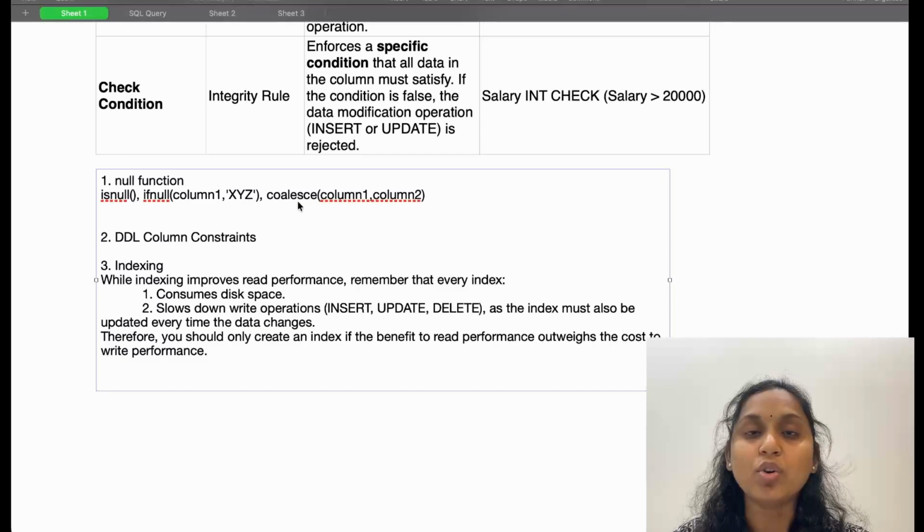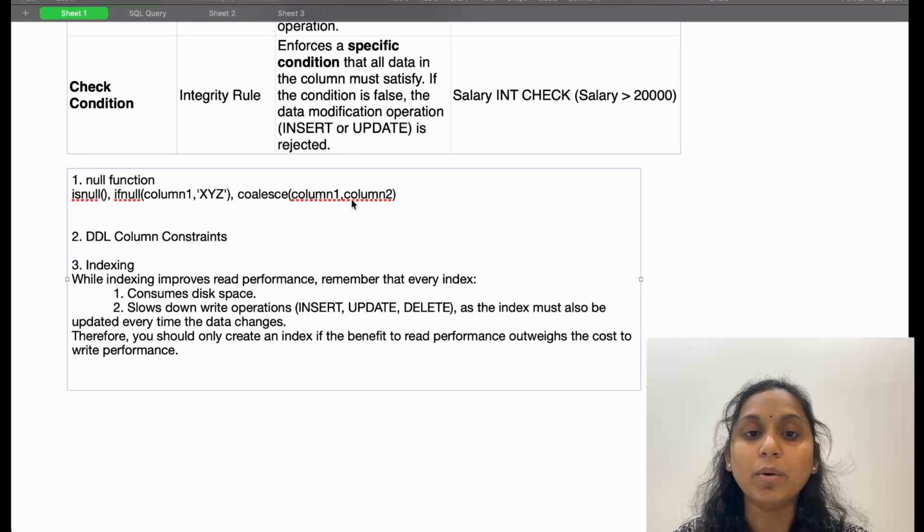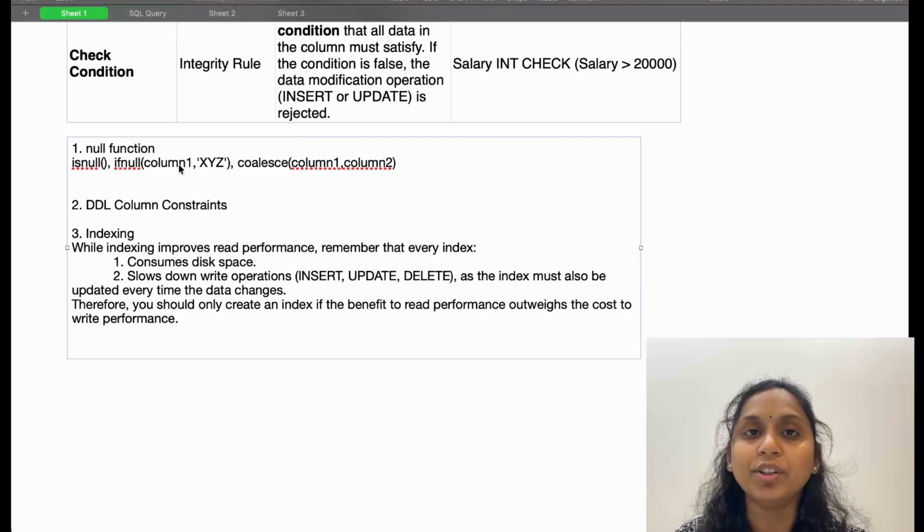Now what is coalesce? Coalesce means you want to compare columns, column 1 and column 2. If we try to display this, the content is column 1, but whenever column 1 has a null value, in that place column 2 will be used to display the result. Here we can also use a column 3. If column 1 and column 2 are both null, in that scenario you can display column 3. That is also possible with the help of coalesce. This is the overview of the null function.